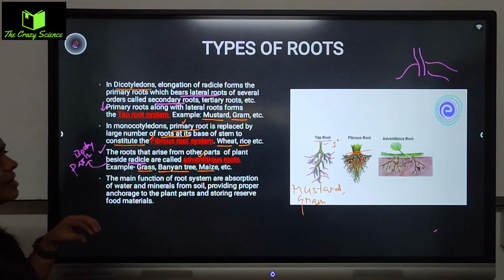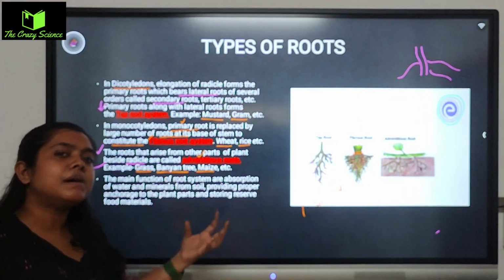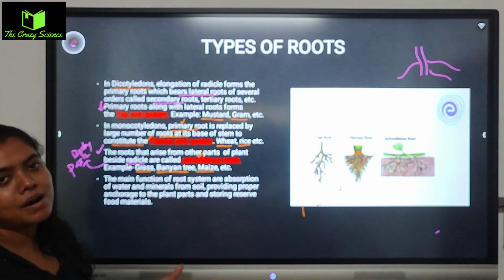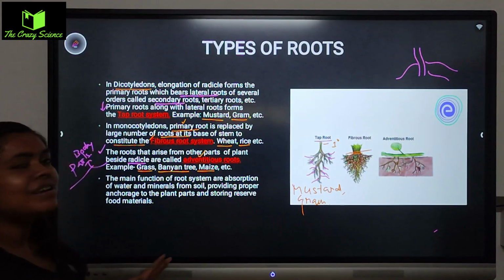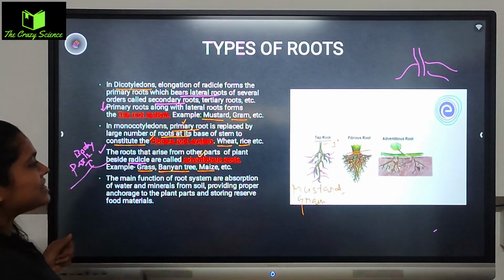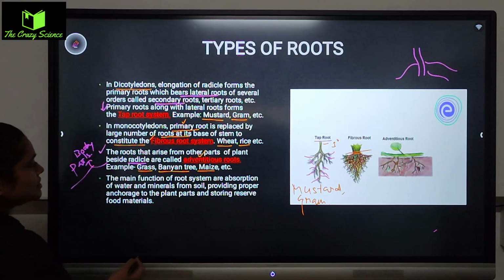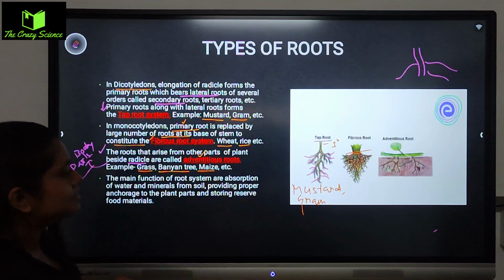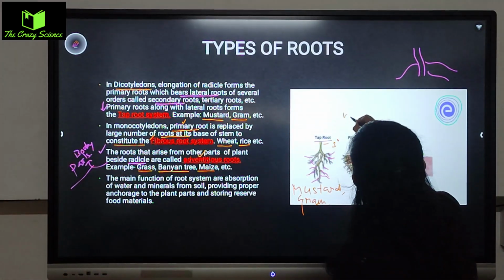Except the radicle, if the radicle is the main part, then from the other parts these roots emerge, especially from their other body parts. Roots like that are adventitious. Examples: grass, banyan tree and maize. And this was our wheat,